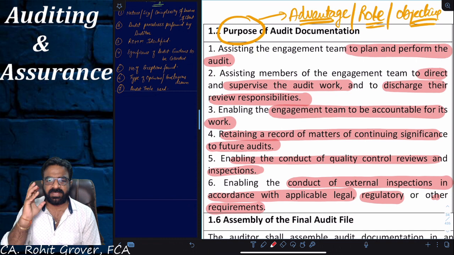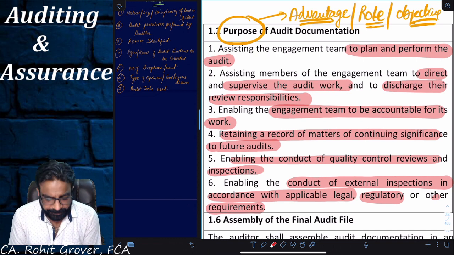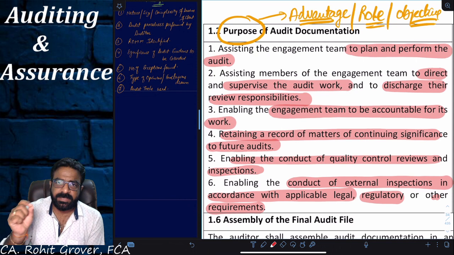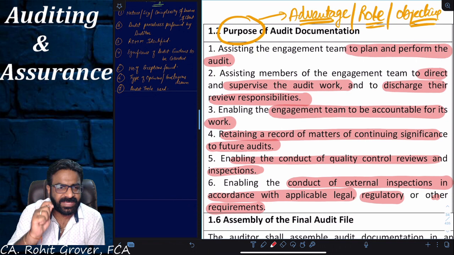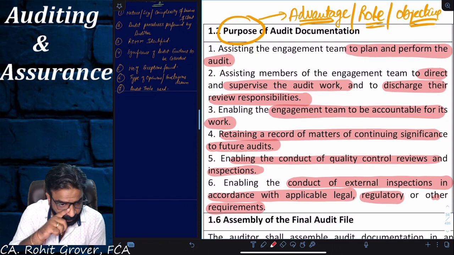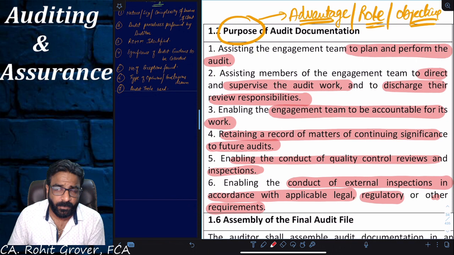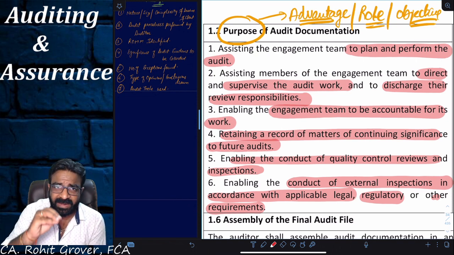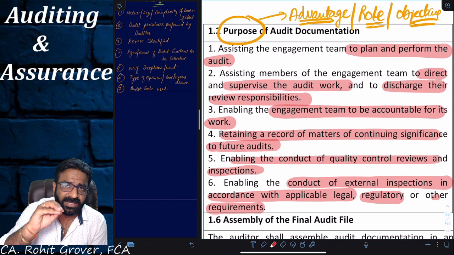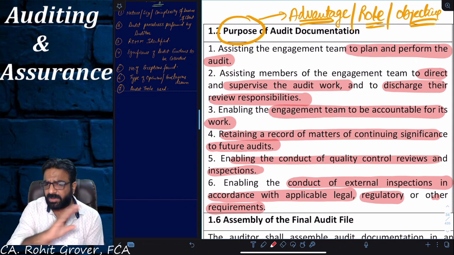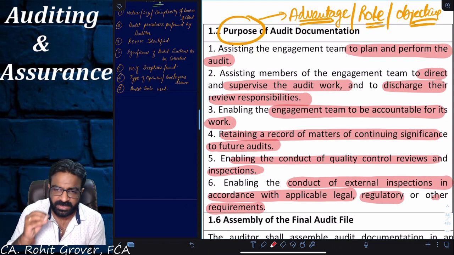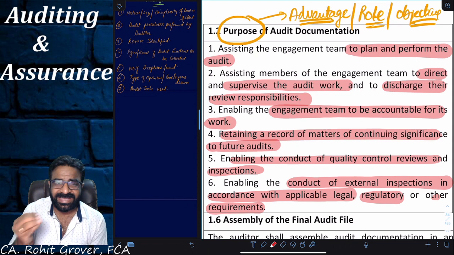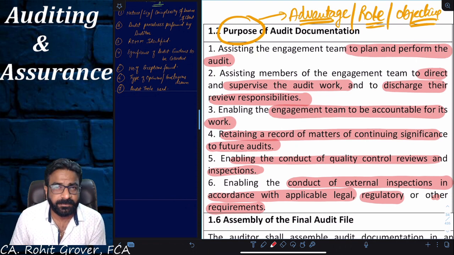I will give you a very simple example for that. Say, for example, the income tax department came to my client's office and said that we need your tax audit report. What happened? Six months back, my client had a fire accident in his factory and his office, and all the documentation which my client had, books of accounts, everything got burnt. So my question is whether my client can now provide the tax audit report to the income tax department? Yes or no? No, sir.